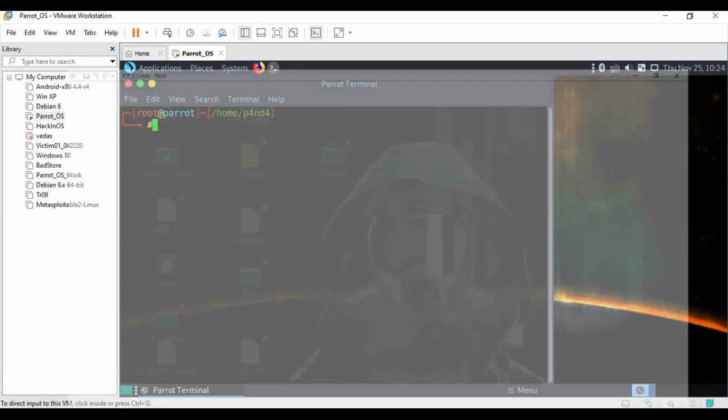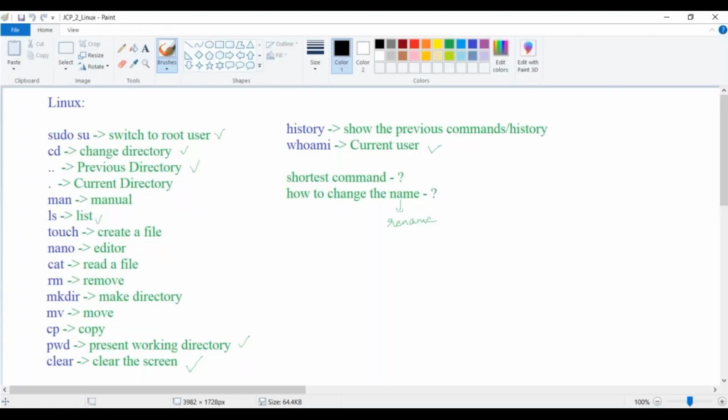Okay, let's recap what we understood yesterday. We talked about change directory, how to go from one directory to another. We talked about previous directory and current directory. We have seen list, to see everything inside the directory, where every content will be displayed. Present working directory, clear, and whoami are also there. So the shortest command is